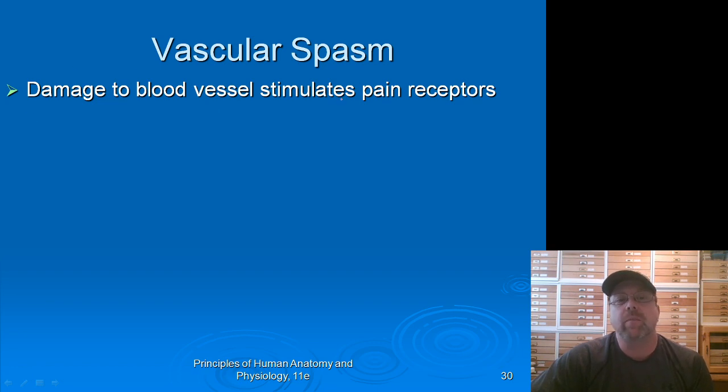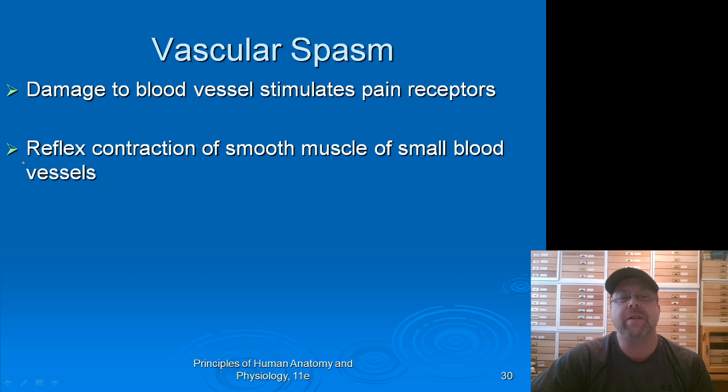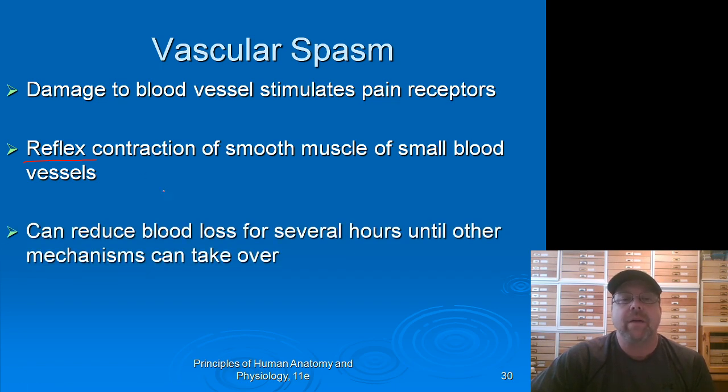So it says damage to the blood vessel stimulates pain receptors, and then we have a reflex of smooth muscle within our blood vessel that causes it to constrict. Now this can reduce blood loss immediately and for several hours until we can actually make a blood clot. So think of our blood vessel as just shrinking down, kind of shriveling up, stopping blood loss over a period